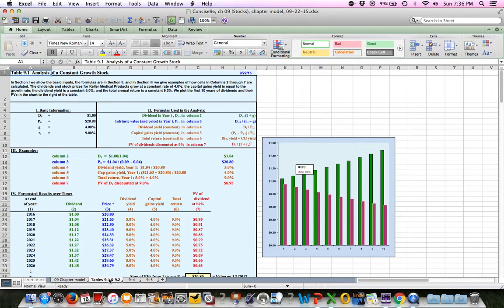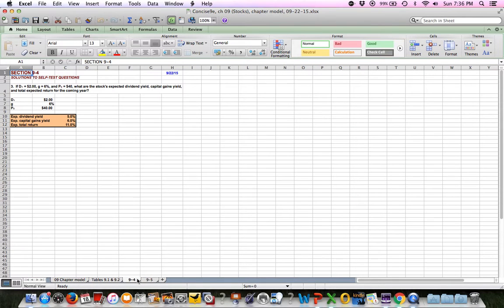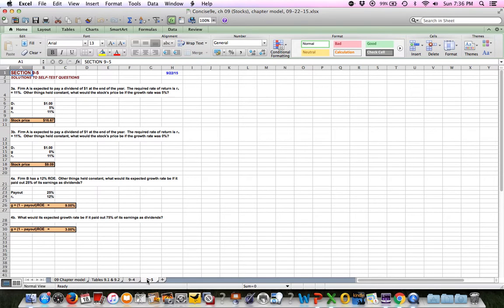Then they also have some tables that show constant growth stocks, just how their prices will change over time. And as usual, they've got the answers to the self-test questions in here also for Chapter 9. So I think you'll find Chapter 9 to be a little more straightforward than some chapters. But as always, if you have questions, just